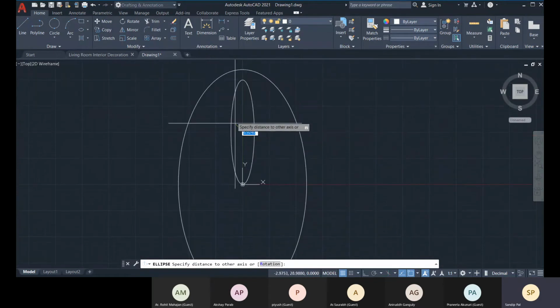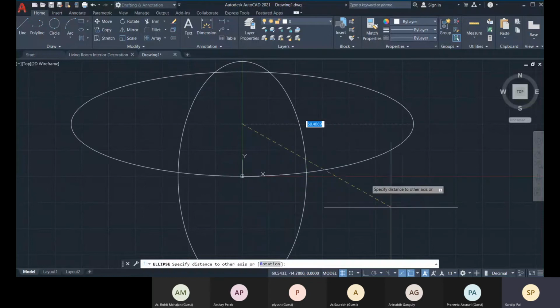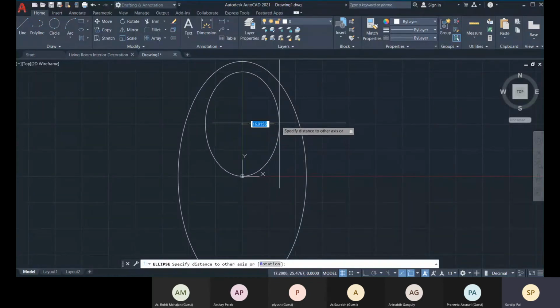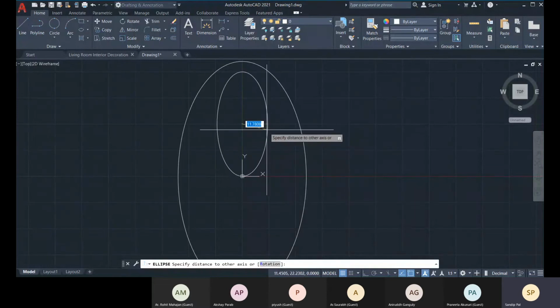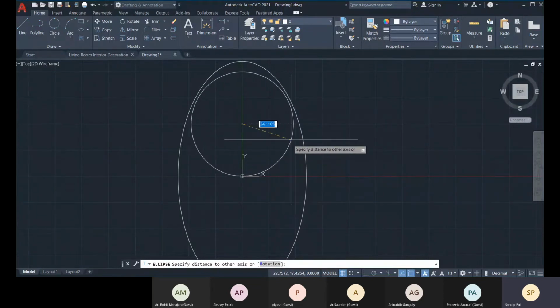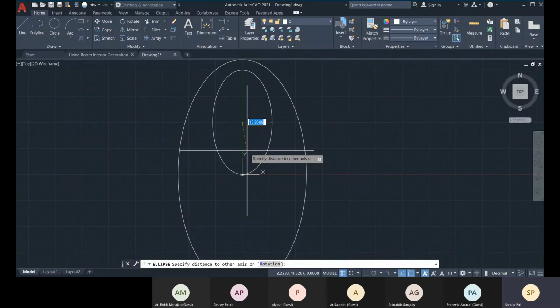Now what happened? Because F12, dynamic input, is on, this dynamic input with the mouse crosshair shows a window where the input is displayed. Because of that, it was taken as an absolute coordinate.